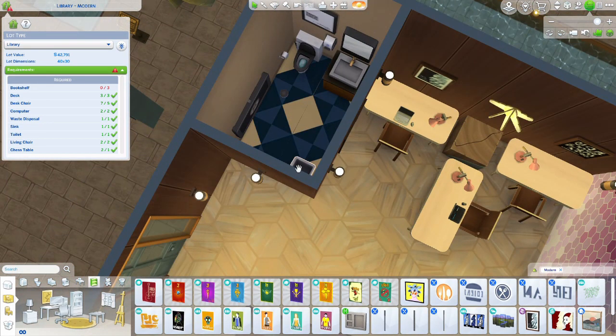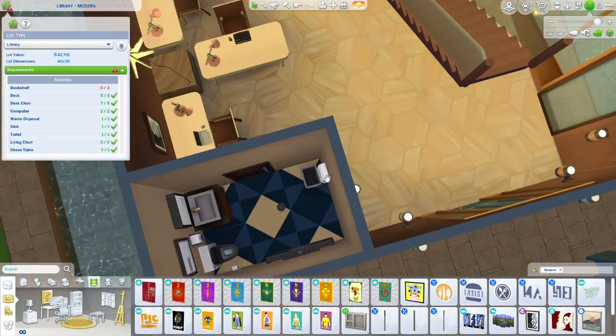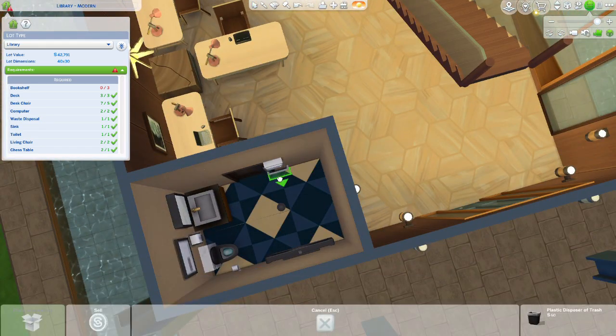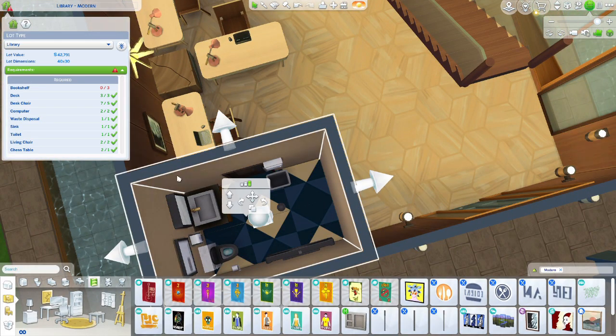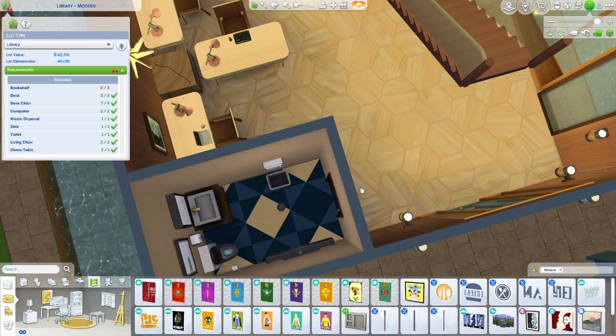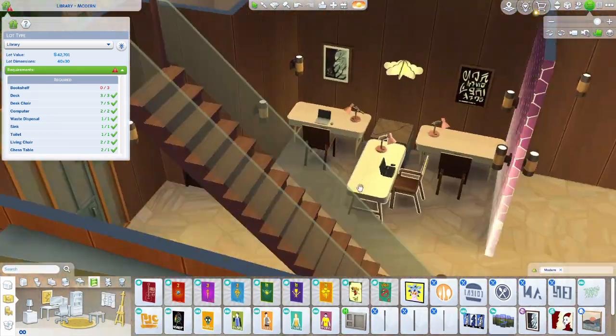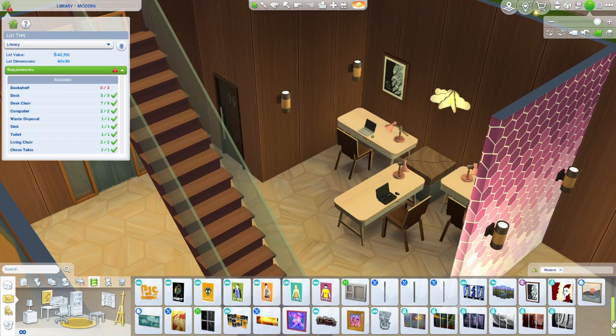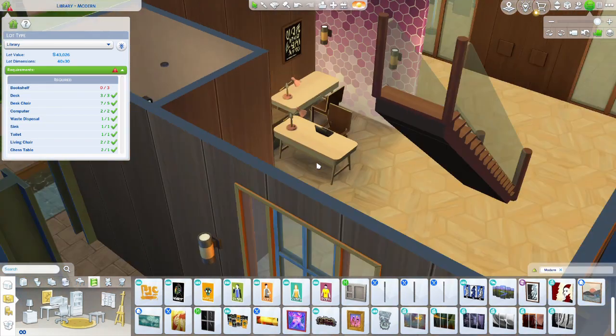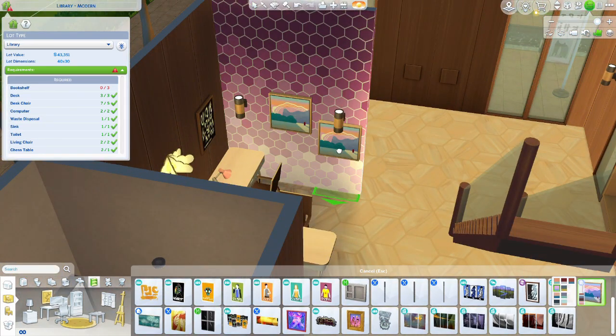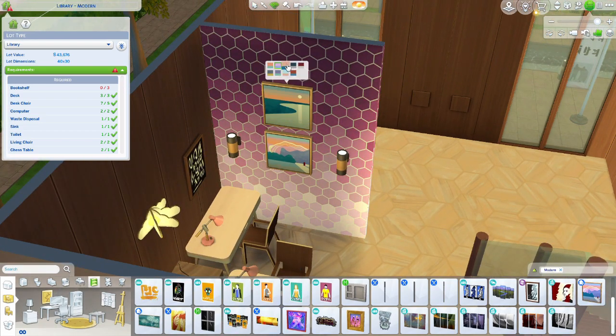Oh, anyways, back to the build. Have I even said anything about the build? I think I've been on a tangent since the fountain. Anyways, yeah, it's a modern build, as you can see. I had a lot of fun with it. I wanted to make it semi-realistic to what a library might look like if you were overly funded,